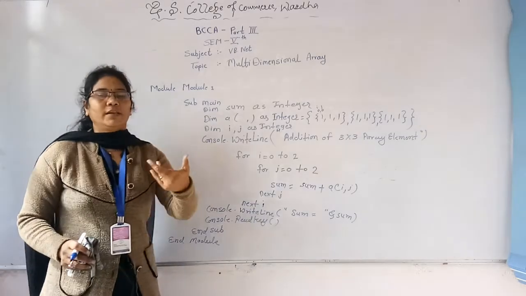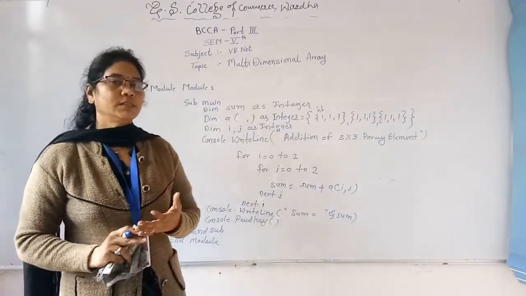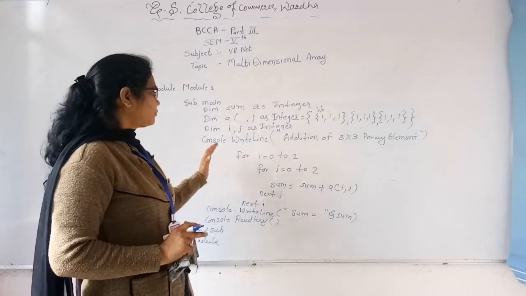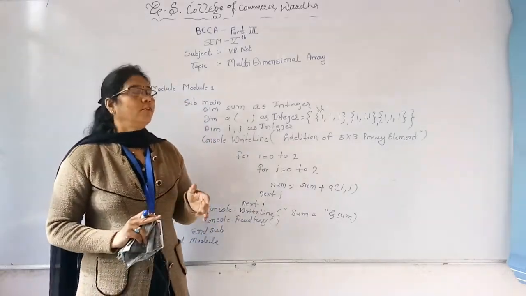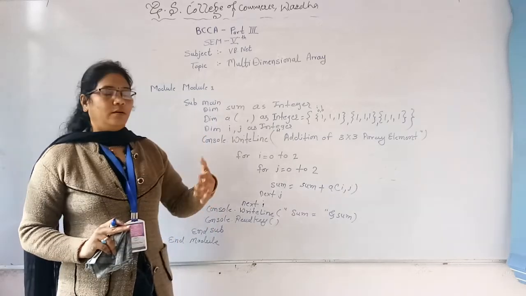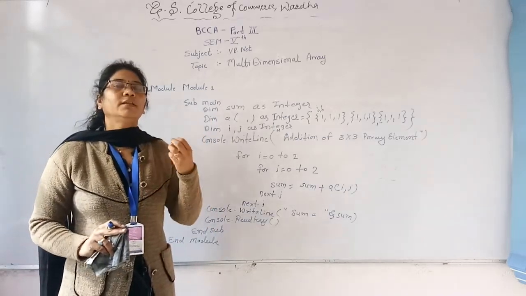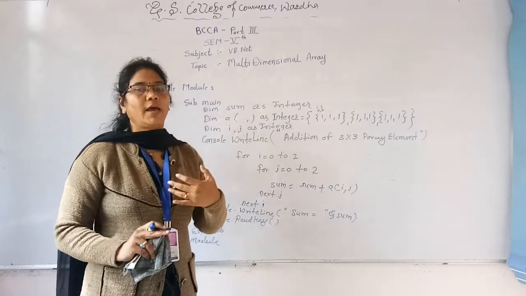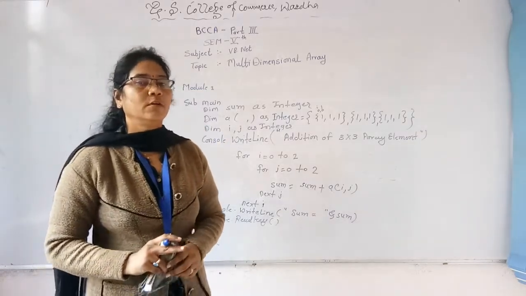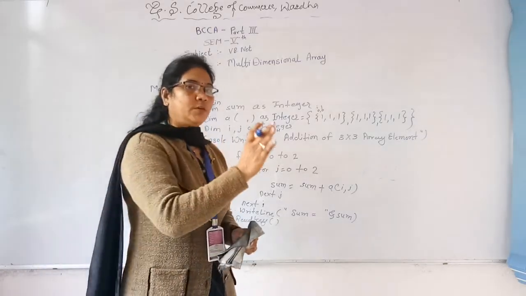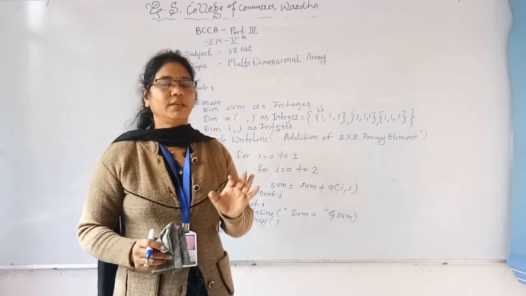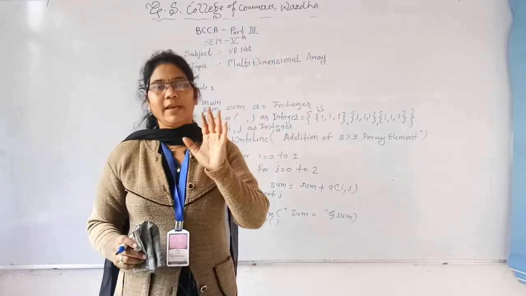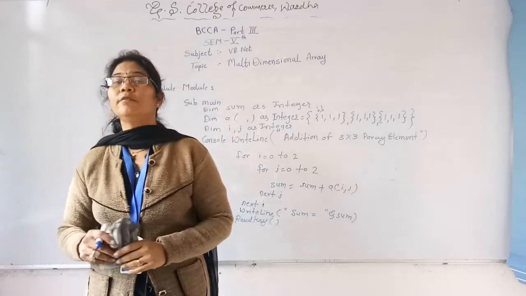The next is the assignment for you: write a program in VB.NET console program to read a 3 by 3 matrix from the user and display the number stored in that particular variable along with its position number. That means you have to display the element and in which position it appears.